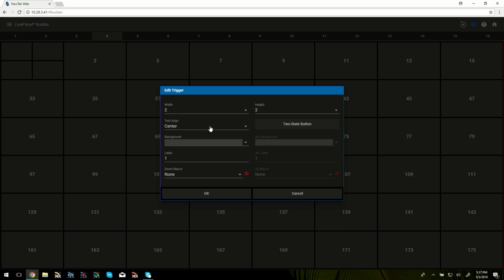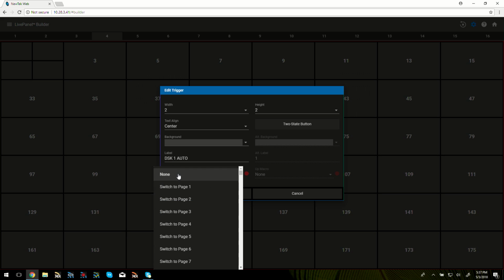All right. And we can align the text this way. And I'm going to make this, let's see, I'm just going to assign this to something simple like DSK1 auto. So that'll just go to auto when we do that. All right. Now from here, to assign the macro to it, we can either just hit record and it'll record whatever action we do on the TriCaster, or I can just grab it from one of the macros that I've